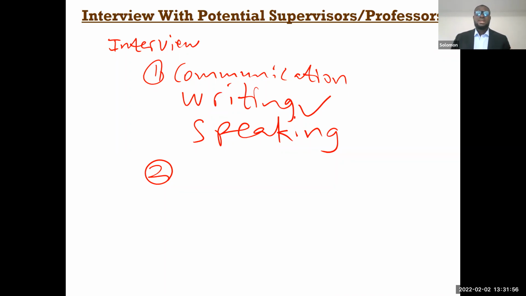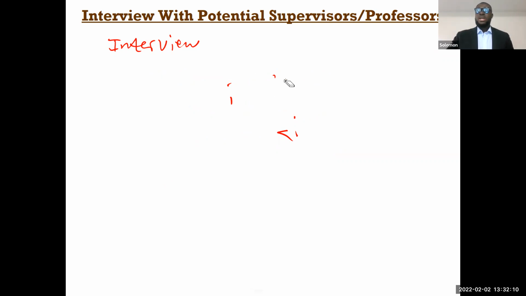And so besides that, for me, these are the two major things I'll be looking at: your level of communication, and then also your interest in the research, okay? And then from there, I move on to the specifics, okay? So with the specifics, that is where I have a few pieces of information or things you have to do. So the caution here is that when the prof says that I want to have a chat with you,